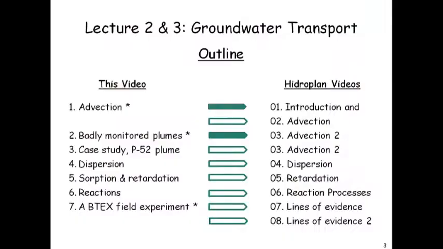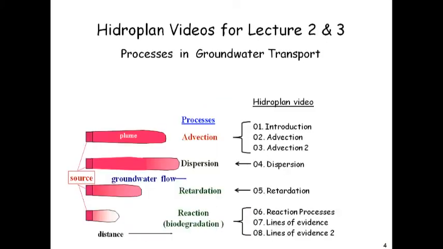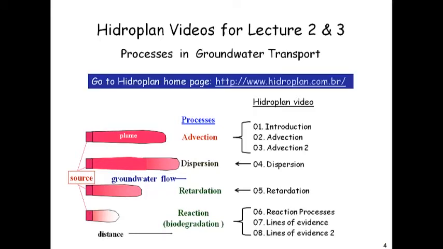So in lectures 2 and 3, we'll deal with these processes. We're going to do this by making use of videos that already exist on the Hidroplan website. As you can see, the first 4 sections are really dealing with groundwater movement, advection, which we think is the dominant process. Then we have videos on dispersion and retardation. We'll add some additional material that's relevant particularly to this course. So here's the relationship of the videos to the different processes. What we want to do now is go to the Hidroplan website and show you how to navigate to find